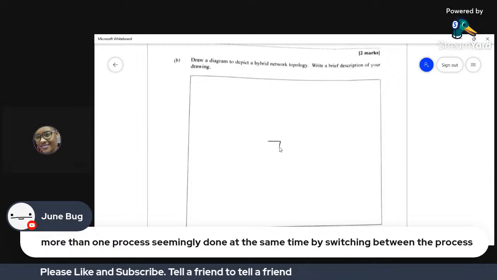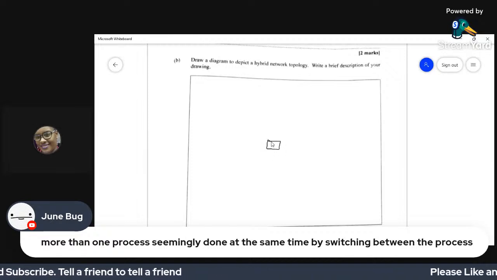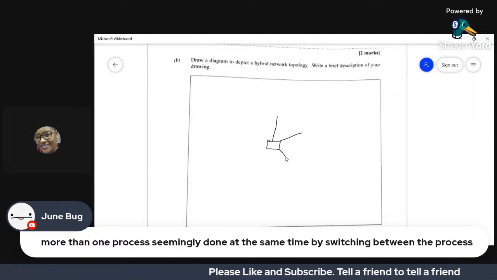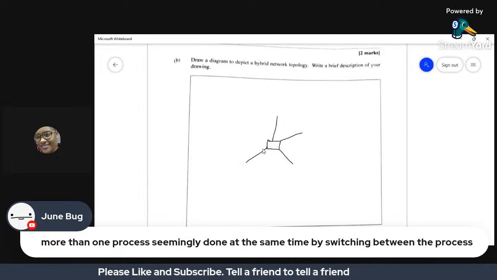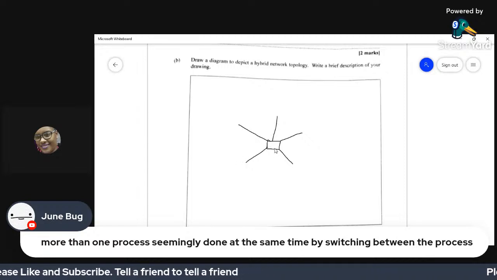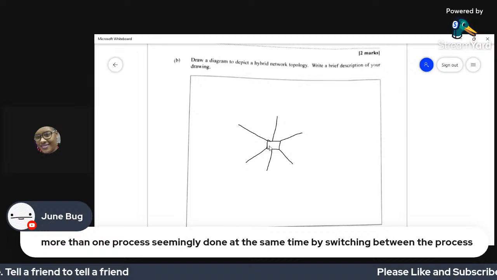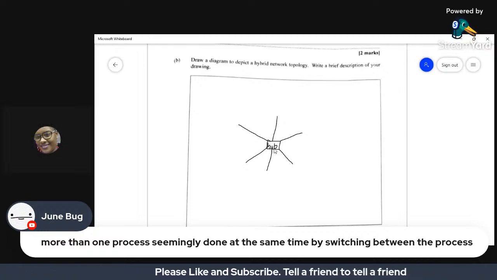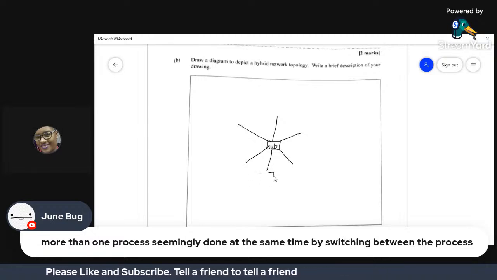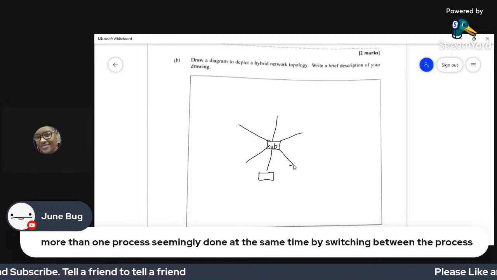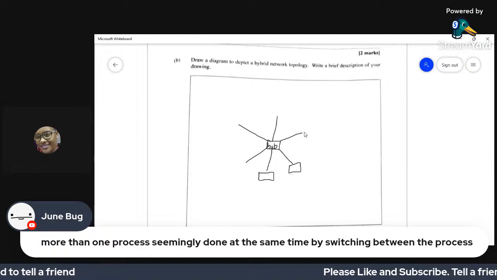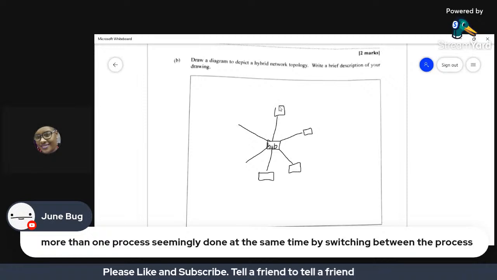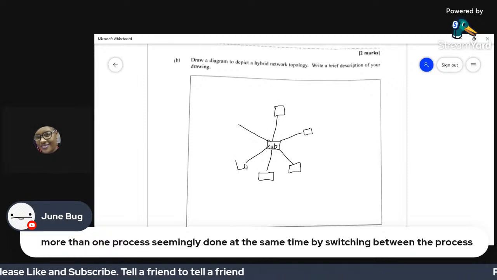So let me draw a hub. This is my hub right here. And I'm going to create a star network. Looks like a spider, but oh well. All right. So I'm going to label this hub. Then now I'm going to add nodes. These are my little computers or devices that I have on my network.